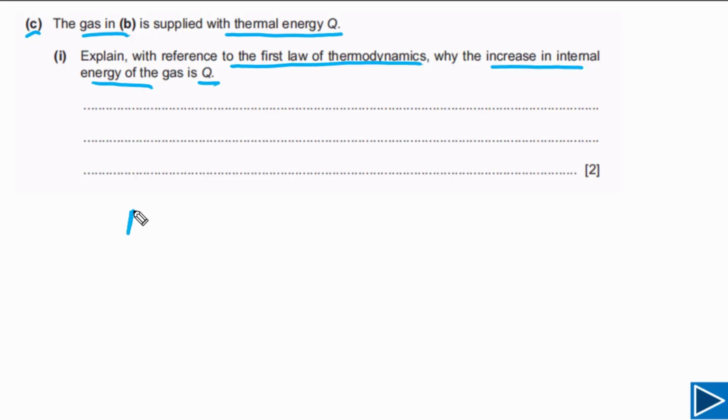First of all, we need to understand the increase in internal energy means the change in internal energy. This is equal to Q plus work done on gas. So this is the work done on gas. But work done on gas or work done by gas, this is equal to P times delta V. If there is no change in volume, it means no work is done on gas or no work is done